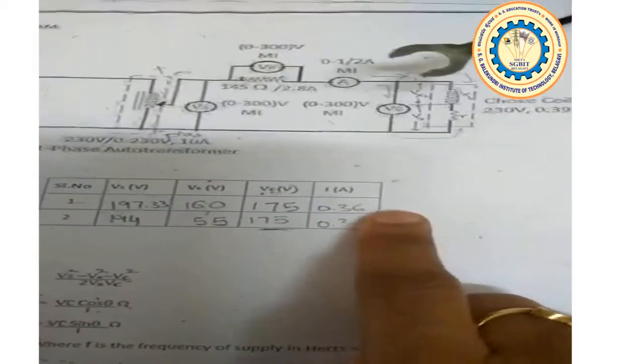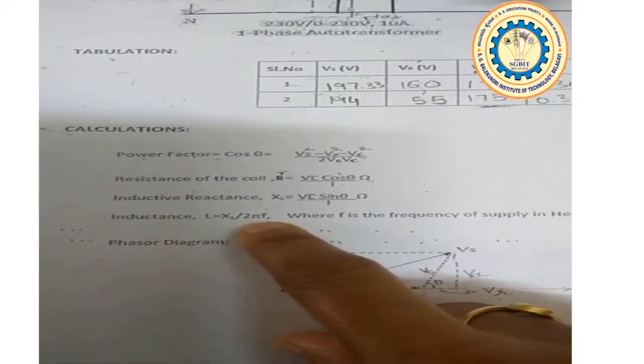The current is 0.36. Like this, we have got another set of readings where Vs is 194, Vr is 55, Vc is 175, and current is 0.36. After getting all these readings, using these formulae, we can calculate the inductance as well as the